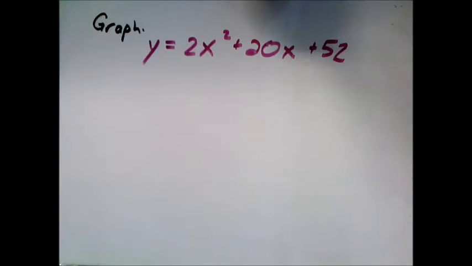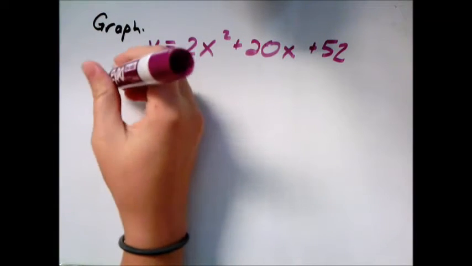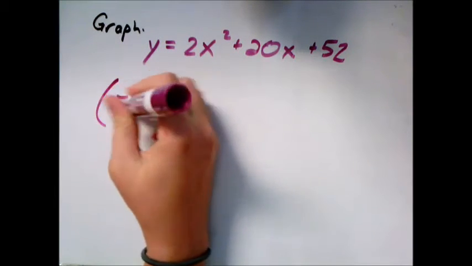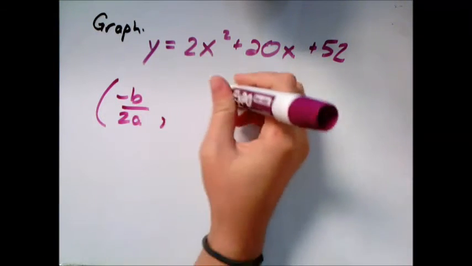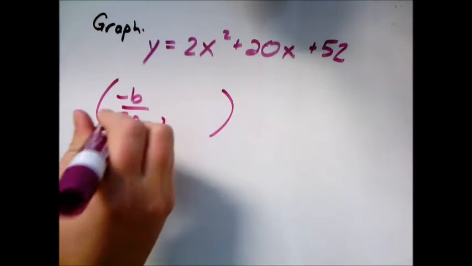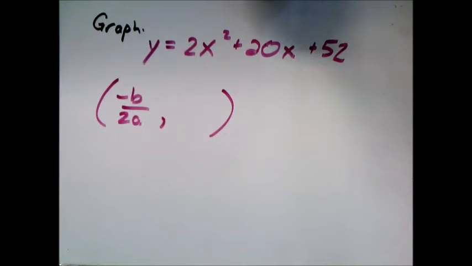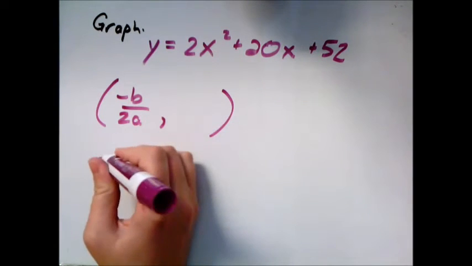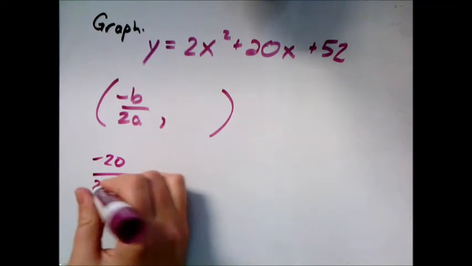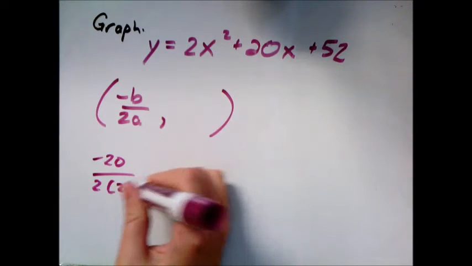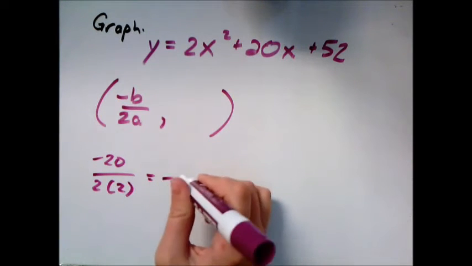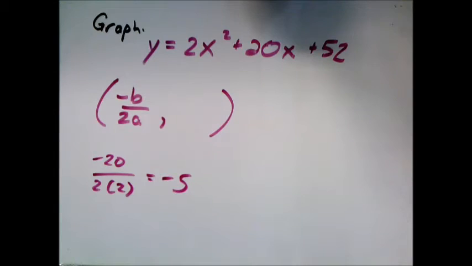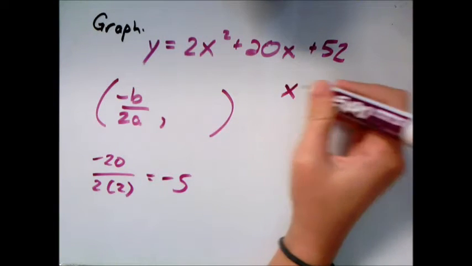It's probably useful to figure out what the vertex is first so that we're not just shooting in the dark blindly trying to find points that are on each side. So if we remember, the vertex happens at negative b over 2a, and to figure out the rest of that point, once we figure out x, we'll just put it in there. So here our b is 20, so this is negative 20 over 2 times a is 2. So negative 20 divided by 4 is negative 5. So now we know our vertex